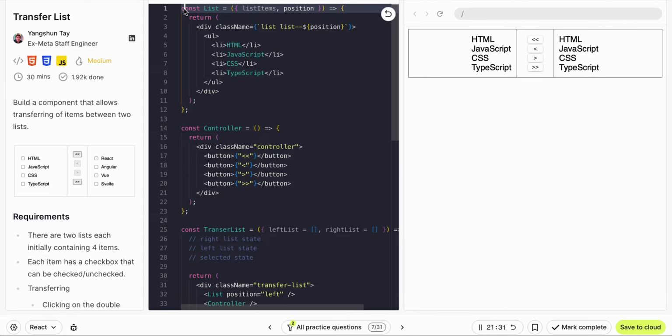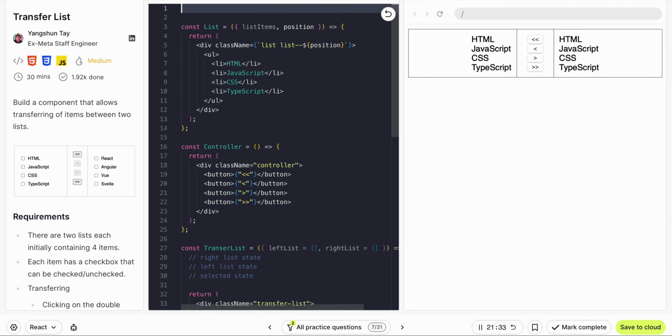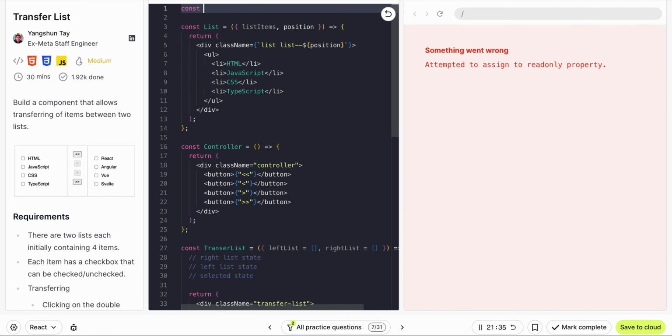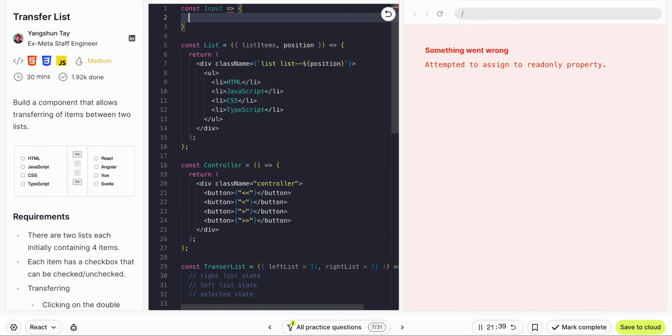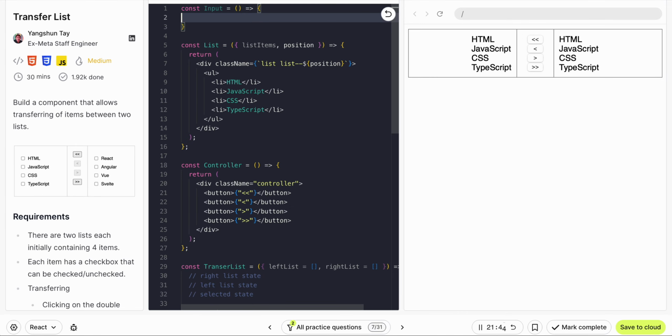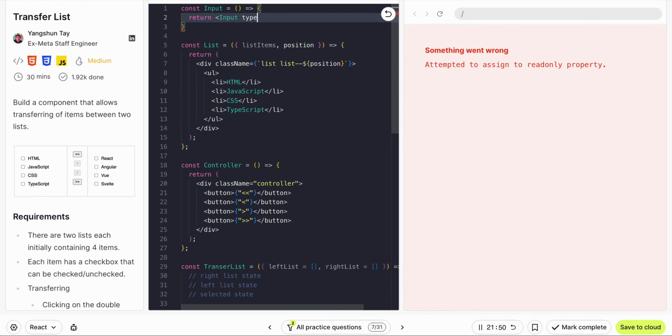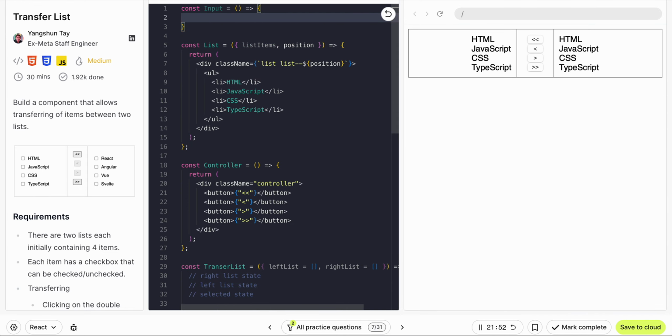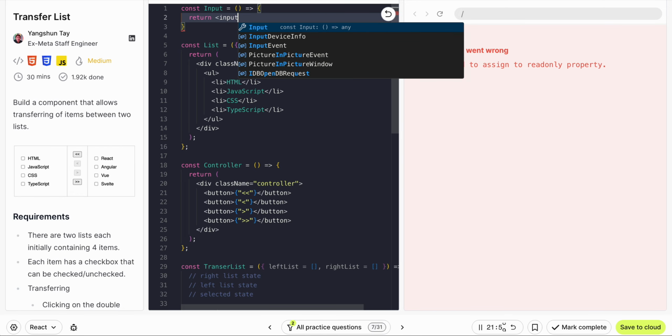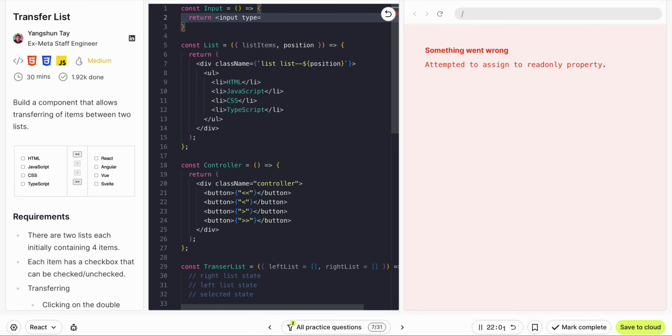Item here, and here we have a component called input. Having input return input type checkbox